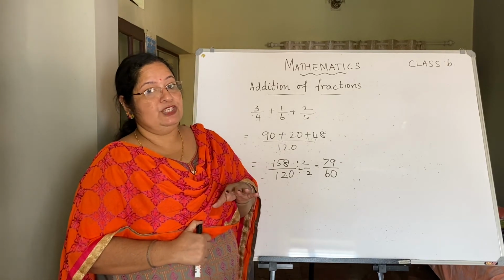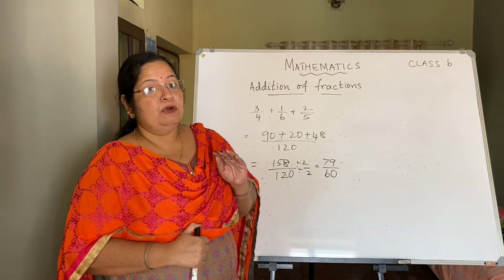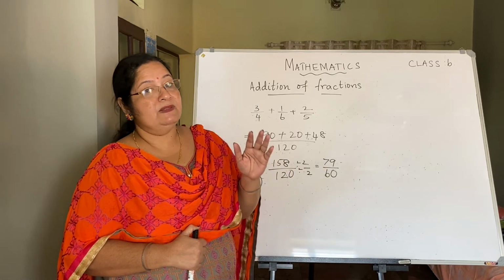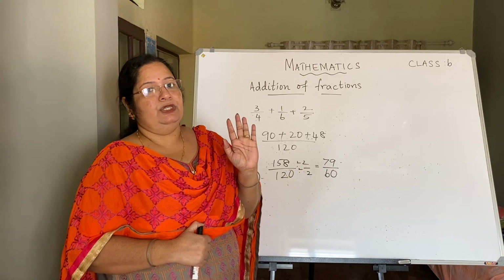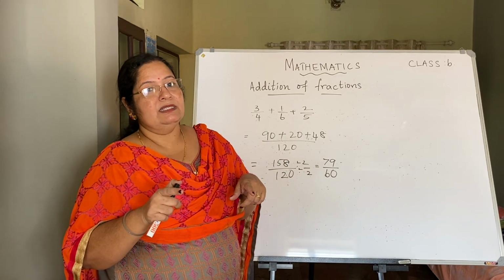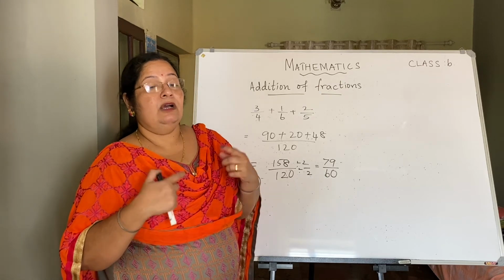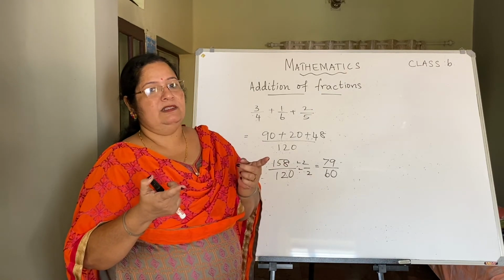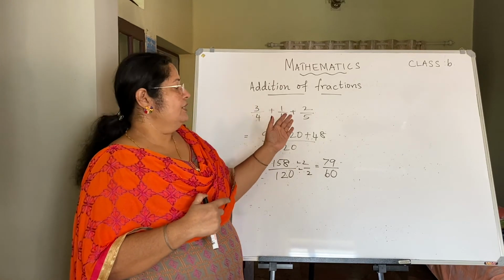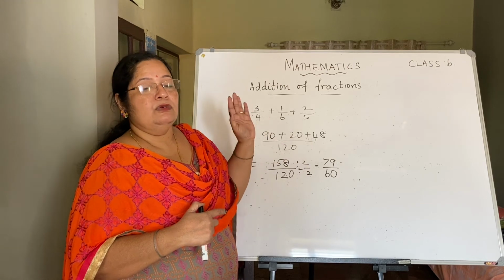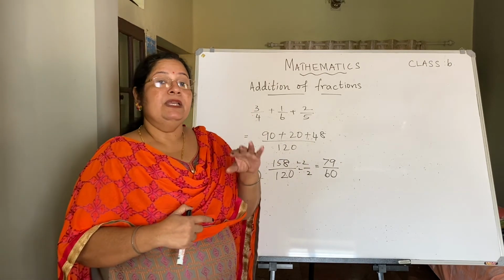Given 2 like fractions, you add only the numerators, keeping the denominator the same as that of the like fraction. Unlike fractions, multiply the denominators, that will be the denominator. Now how to get the numerator? Sum of the cross products. Now given 3 fractions, we have seen how to add them. So hope it is clear for you.